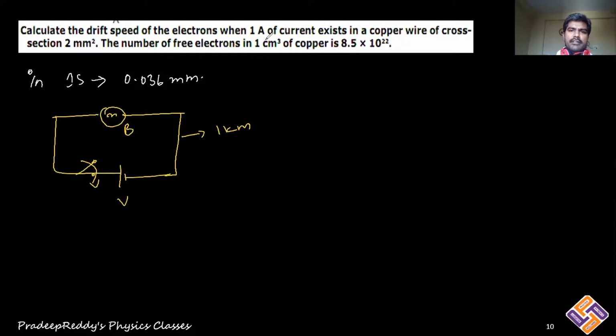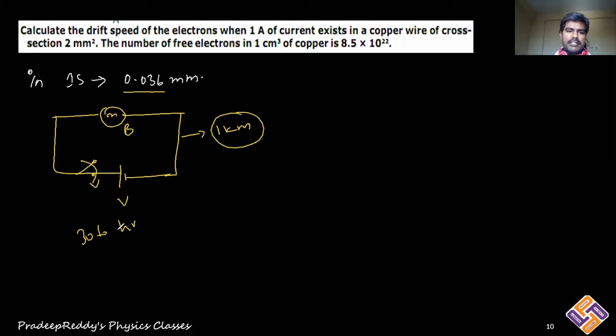So students, in this problem, we are going to learn something very interesting. We have calculated the drift velocity of an electron as 0.036 millimeter per second. That means in 1 second, it is traveling a distance of 0.036 millimeter. If you are taking a conducting wire whose length is approximately 1 kilometer, and when you switch on the tap key, there is a bulb connected with the battery, in order to travel 1 kilometer length an electron takes nearly 30 to 40 hours.